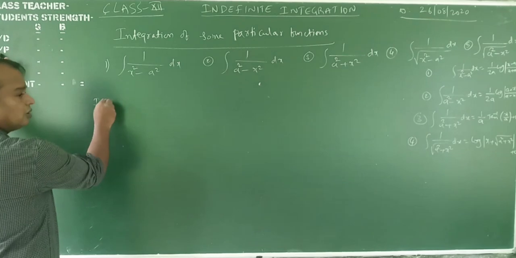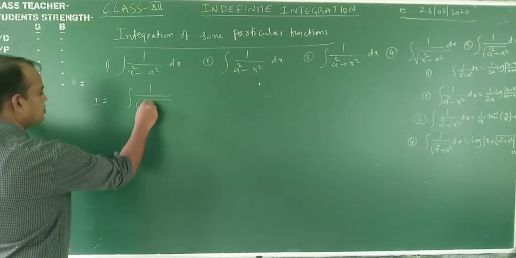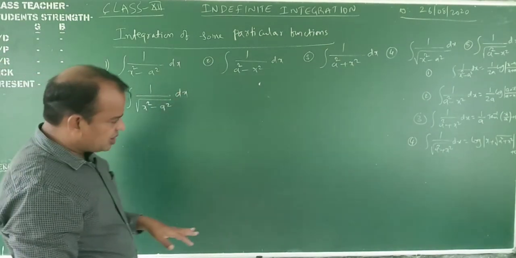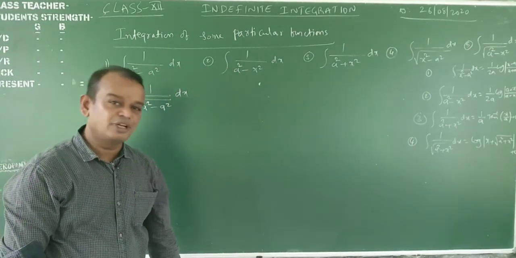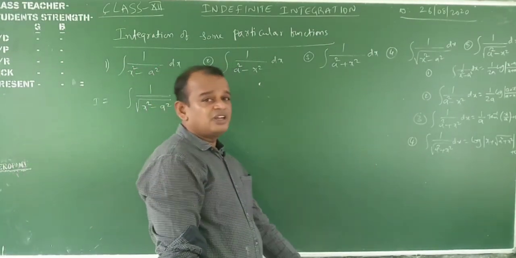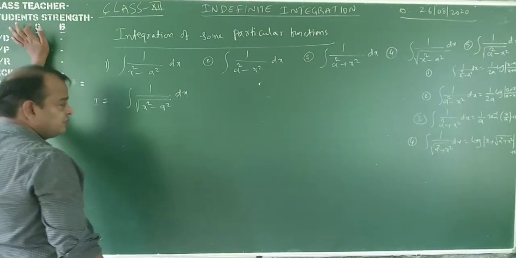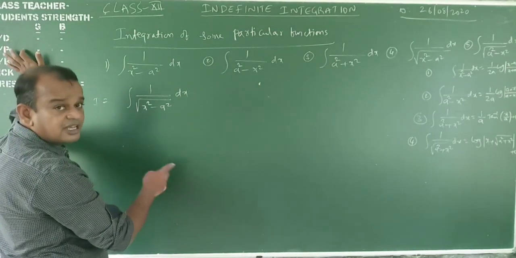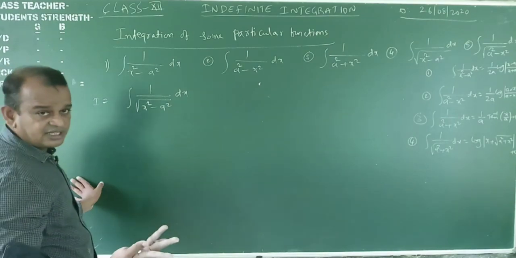I is equal to integral of 1 by root over x square minus a square dx. Just remember all these formulas, my dear students. Proofs are not necessary, but you remember all these formulas. Very, very important. Now here, x square minus a square, don't confuse. What is the substitution going on in this one? x is equal to a secant theta or a cosecant theta.